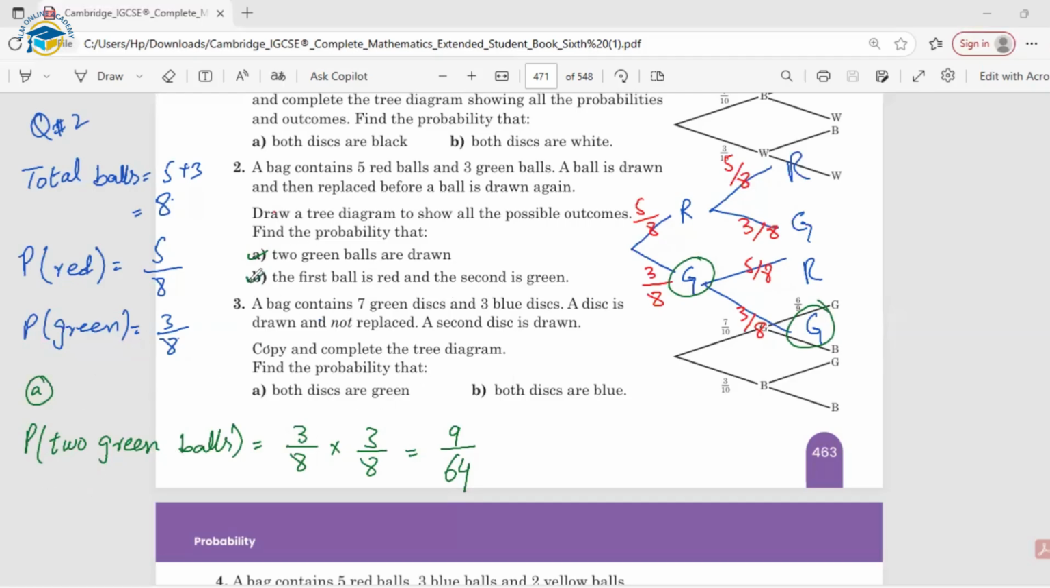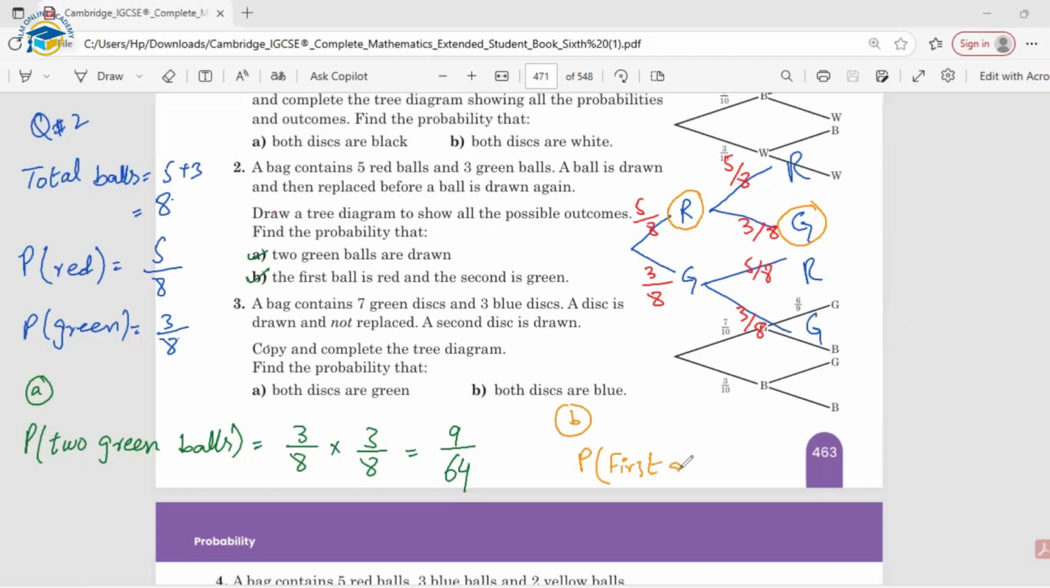Next, for the B part, what they're asking for is that the first ball is red and the second is the green. Here they gave us an order. Like the first must be red and second will be the green one. Okay, so accordingly we will be checking. So first is the red one here and the second one is the green one. So accordingly we will be finding the probability. Okay, so B part, probability of